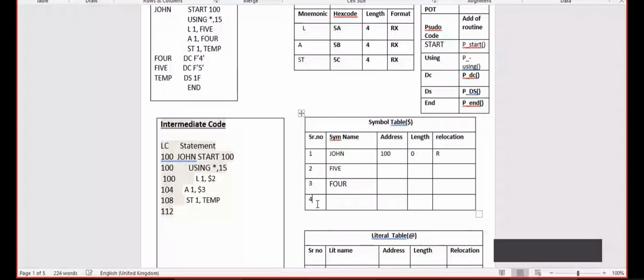The temp address will be decided later when we start the execution of the next line. So instead of writing this, I will write $4. That means it shows the address of the symbol table entry having serial number 4. Then next, for this line, I will copy.